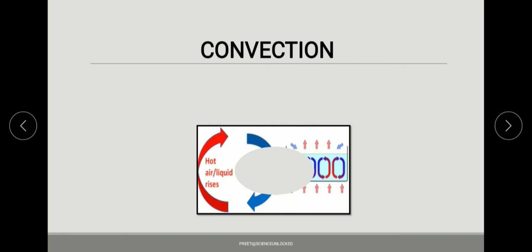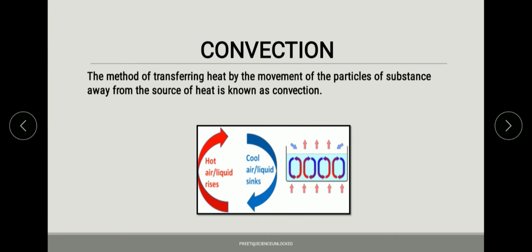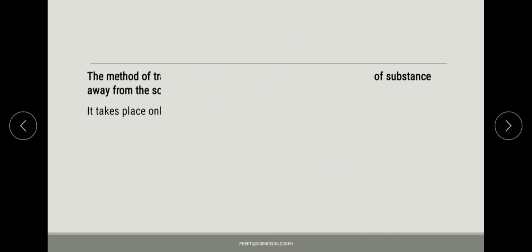Now, the second mode of transfer of heat is the convection process, where it is not only the object which gets heated up but also the particles, which allows these particles to move away from the object and the source of heat because they have gained energy. It is most of the times observed in liquids and gases because the particles are loosely packed, so they can move in different directions after gaining the energy from the source of heat.